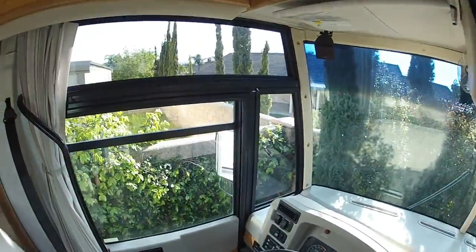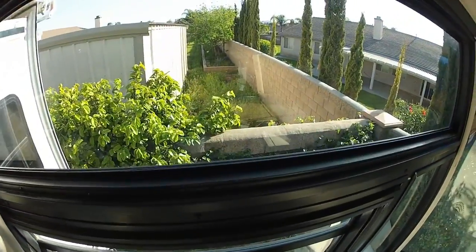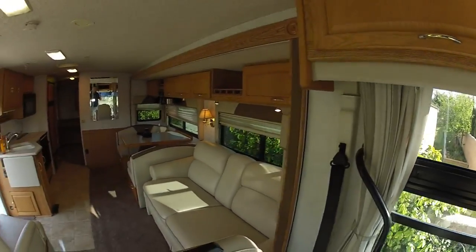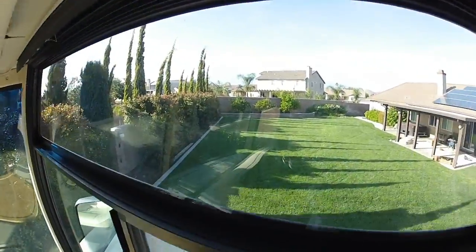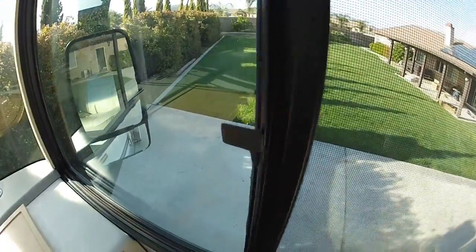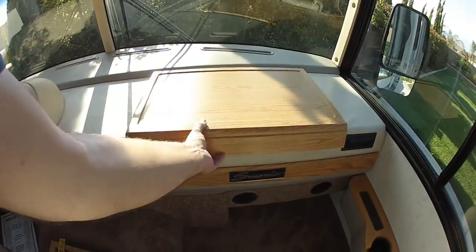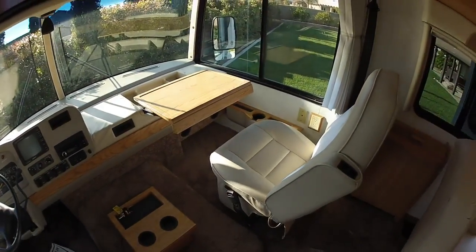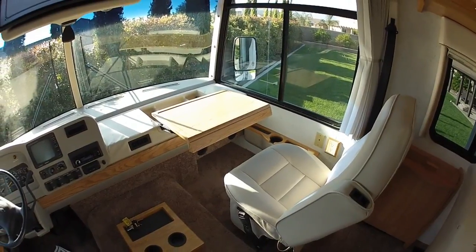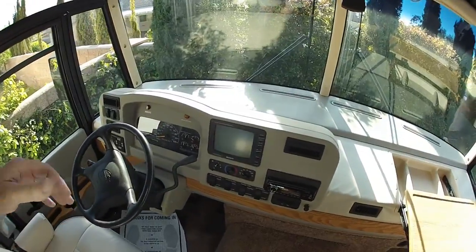Let's take a look at the side front windows. Right here, this is a dual pane window, it's clear. You have a power driver's window, a side window here, also clear. Take a look at the inside of this coach. Look how nice it is. Again, clear window, and clear window. Nice clean mirrors. This pulls out, and you can use a computer right here, and the passenger can do a laptop or set books there and read them. Something unique to this particular series from Winnebago and Itasca,